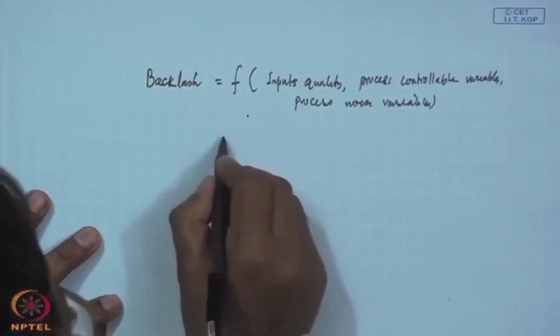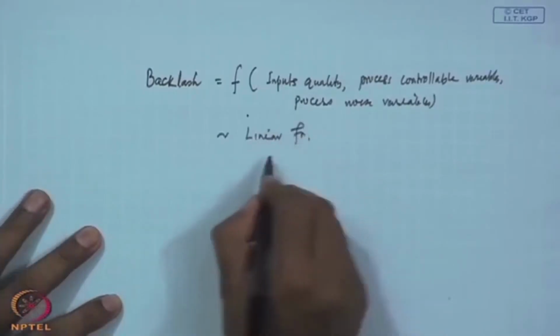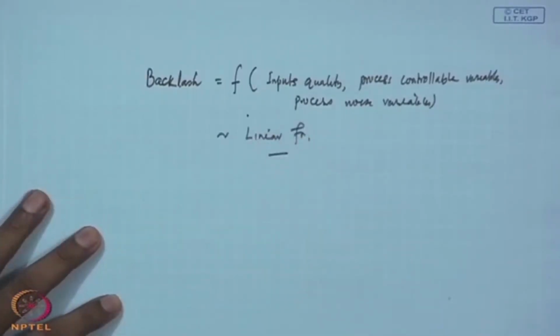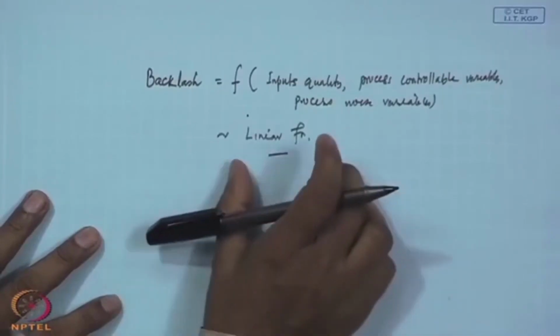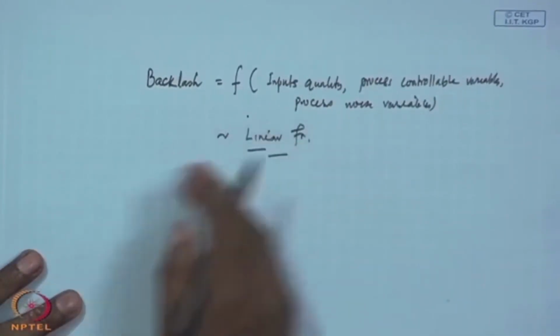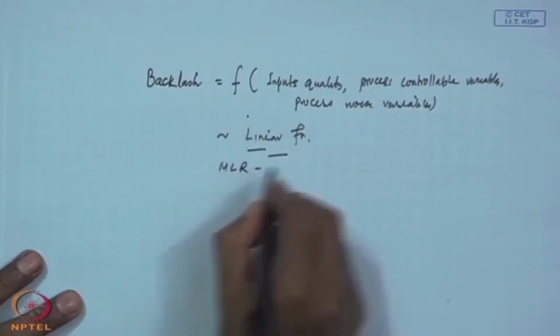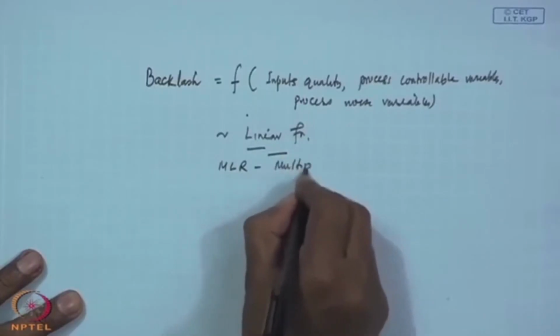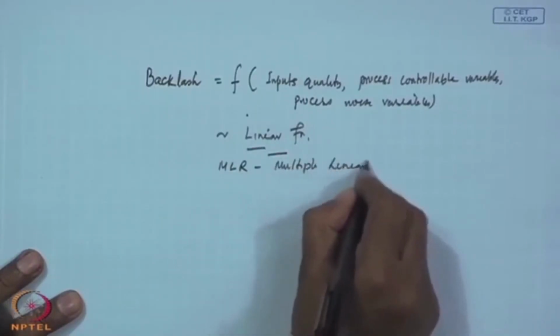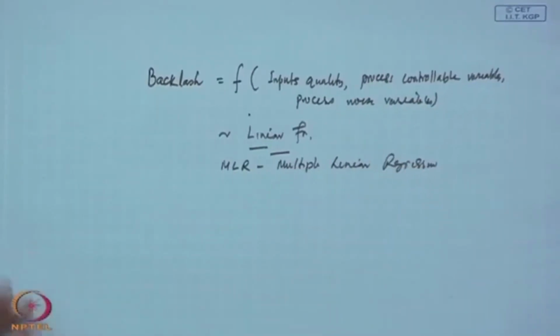And this function we are saying is a linear function. So we definitely test the linearity as well as other assumptions related to MLR, that is multiple linear regression, and we want to see whether we will be able